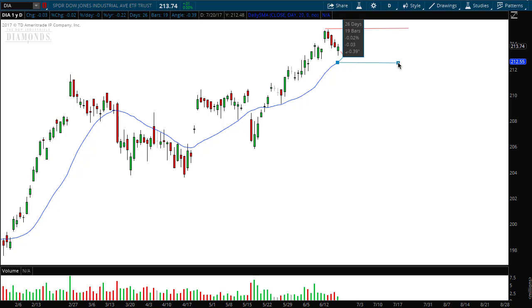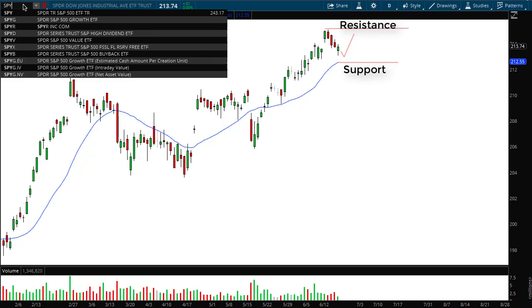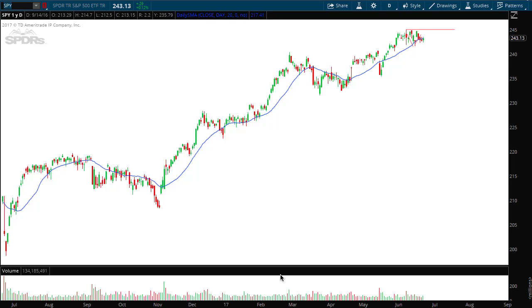So I'm going to draw that horizontal line right there noting support. So we have support, resistance, slight pullback to support before a test of resistance, and that's next week's forecast for the Diamonds. Now, if I go to the Spiders, which is the S&P 500 ETF,